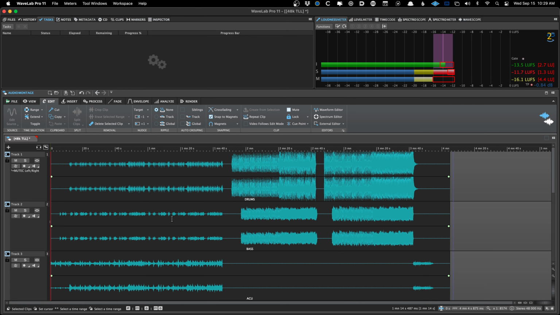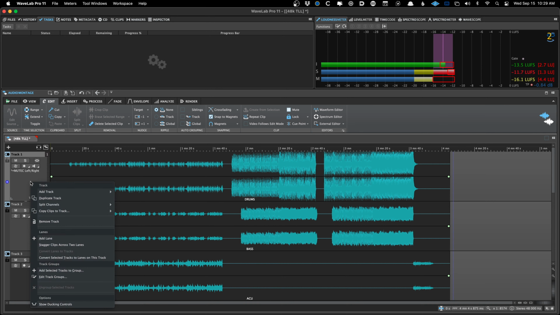And what you can do with track groups in WaveLab is you can select, I could select the drums and bass. Let's say I was stem mastering this, and I wanted to kind of glue the drums and bass together, which would mean add a compressor that is compressing the drums and bass together, both of them at the same time. I could select the 2 tracks and choose